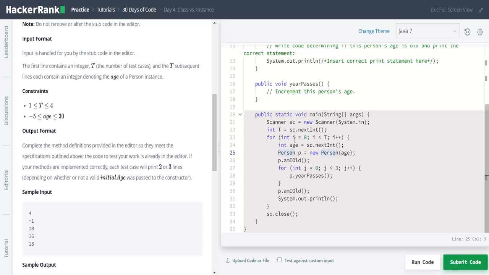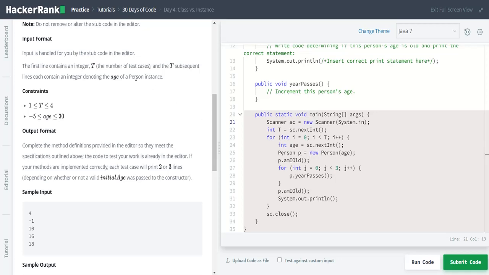Then int age is equal to sc.nextInt(). They are using the scanner object sc, and reading one input, that is the age, and assigning it to age.